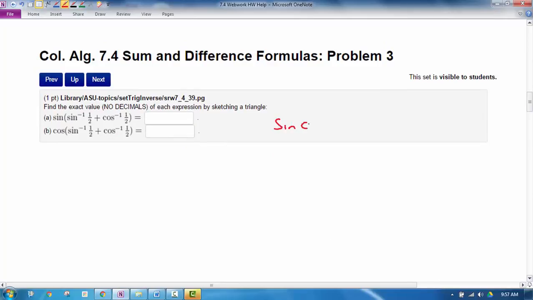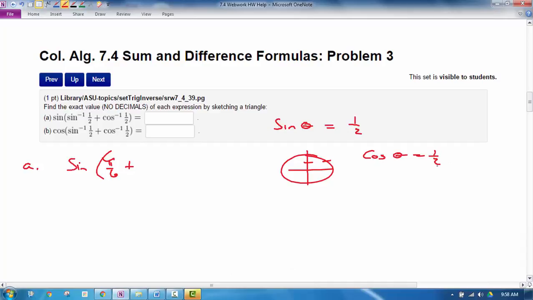Keep in mind the inverse sine is an angle, so let's rewrite it as the sine of some angle equals 1/2 instead of the inverse sine of 1/2. Now where does that happen on the unit circle? It's at pi over 6. So I'm going to write it as pi over 6 plus, and then the cosine is the same. Now what angle gives the cosine of 1/2? That would be